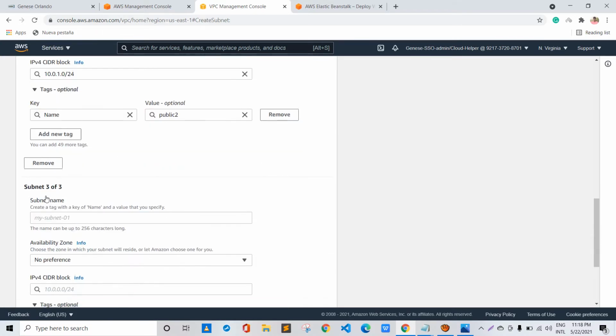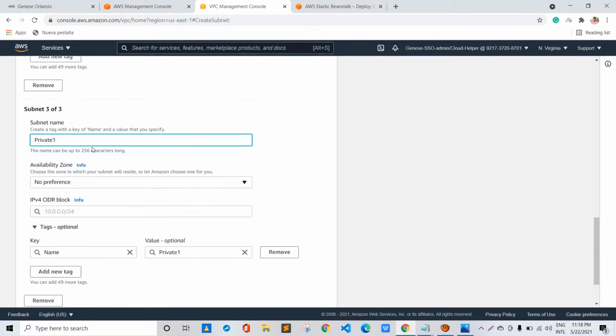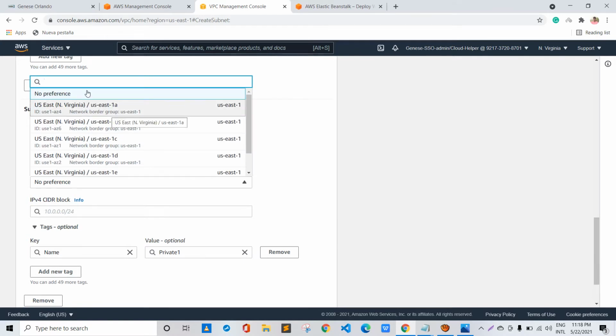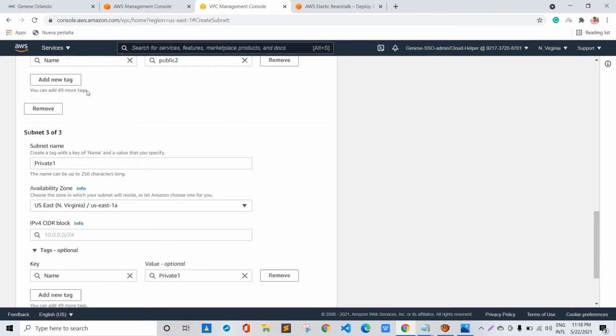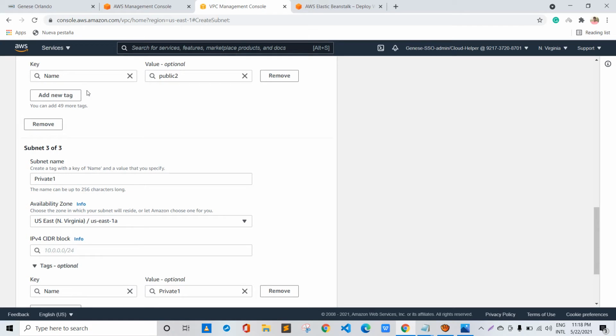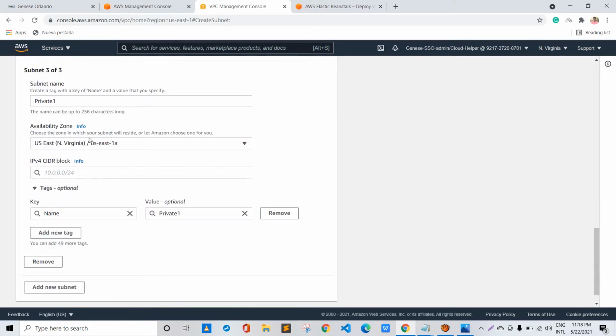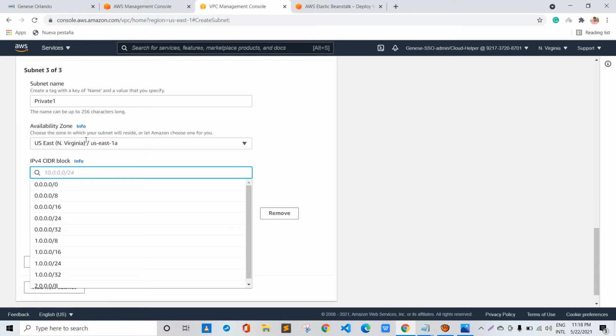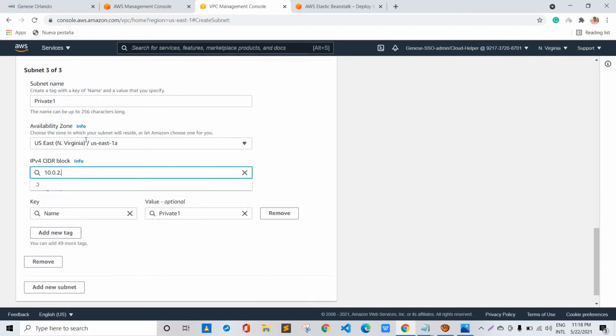Again I will add a new subnet and name it private 1, and here we need to choose US East 1A, because the public subnet and the private subnet should be within the same availability zone. Its CIDR would be 10.0.2.0/24.